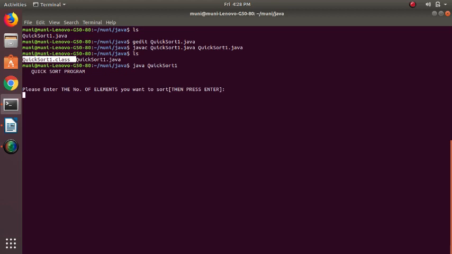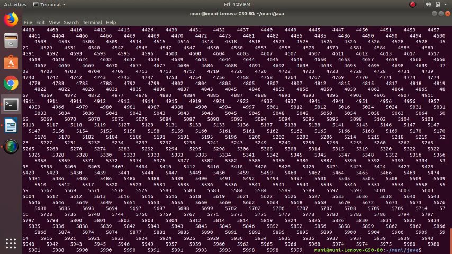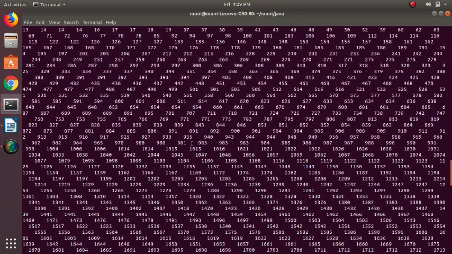Here it gives the output like this: quicksart program. Please enter the number of elements you want to sort and then press enter. So I will give 2500 first and enter. So this is how you can get the numbers. You can see the range. It went to 5371, yes, the maximum 5372. I'm getting the maximum. Of course, it may vary up to 6000. This was the range I'm telling you, 5800 here. But the count will be only 2500, right?